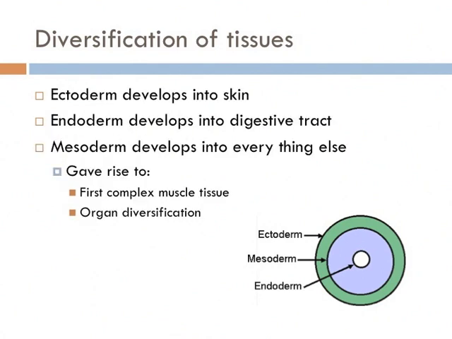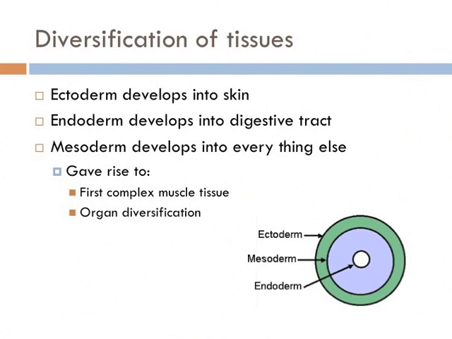Each of these germ layers develops into specific parts of the body. For example, the ectoderm eventually becomes the skin and fat tissues that encompass the body, whereas the endoderm develops into the digestive tract of animals. And this is true for both diploblasts and triploblasts. So, diploblasts are relatively simple organisms that are basically a skin with a digestive system.